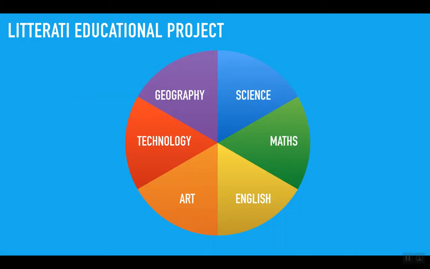So this is where the presentation changes a little bit. So I'm going to skip to what's called the Litterati Educational Project. What we've done in phase 1 of the project is to really align the topics, or the lesson plans, as it were, to the different subjects. Now, this is completely up to each individual teacher if this makes sense or not, but just to give you an idea, we aligned with science, math, English, art, technology, and geography in our phase 1, and I'll explain a little bit more of that.